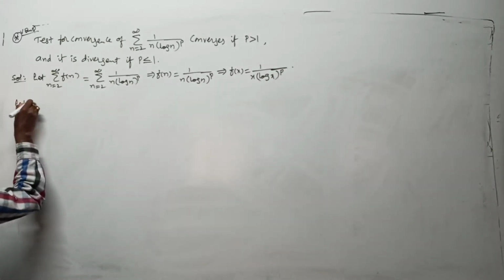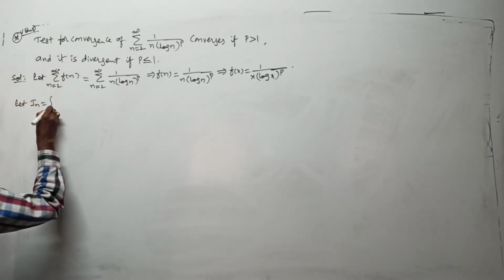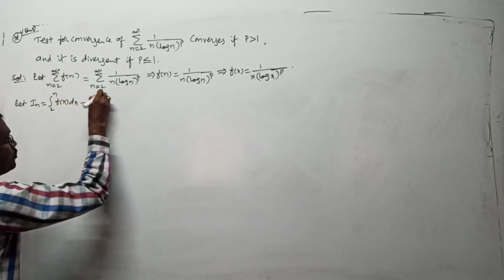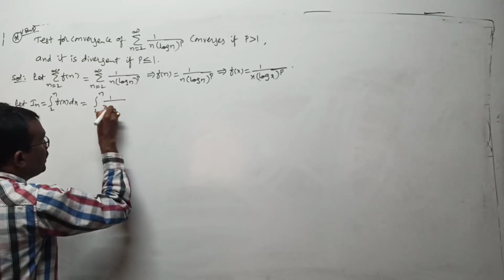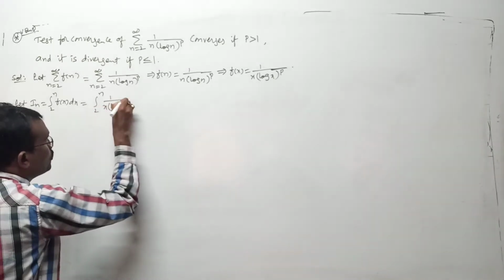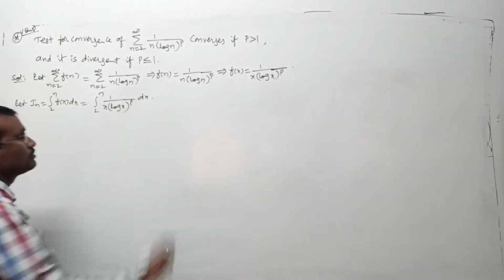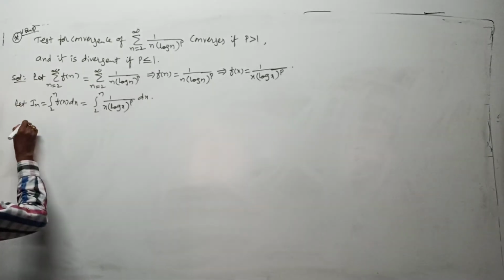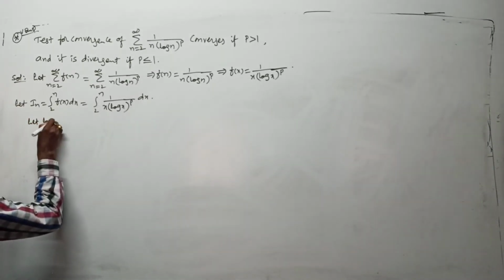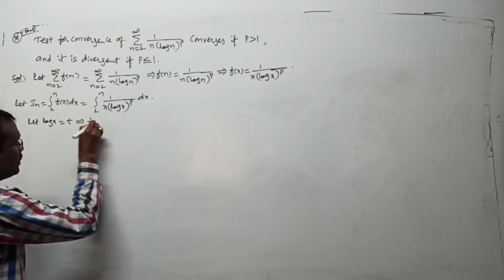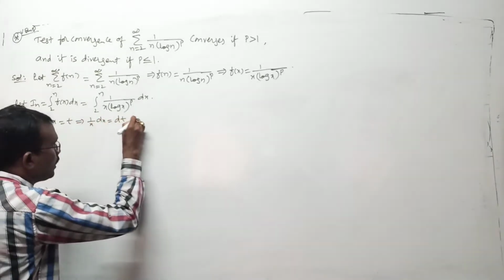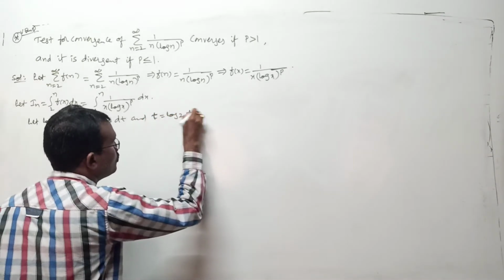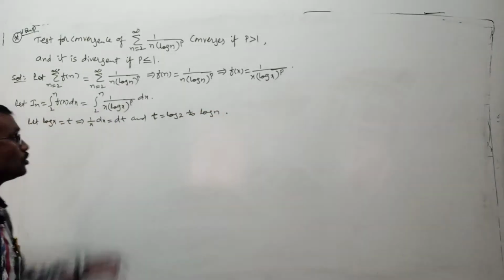Right? You can now take it, ma. Let I n be equal to the integral from 2 to n of f of x dx. This is the integral 2 to n, f of x is what, ma? 1 by (x into log x) whole to the power of p dx. To evaluate this integration, let us take the substitution log x equal to t. This implies 1 by x dx is dt, and t varies from where to where, ma? Log 2 to log n. T is from log 2 to log n, ma.